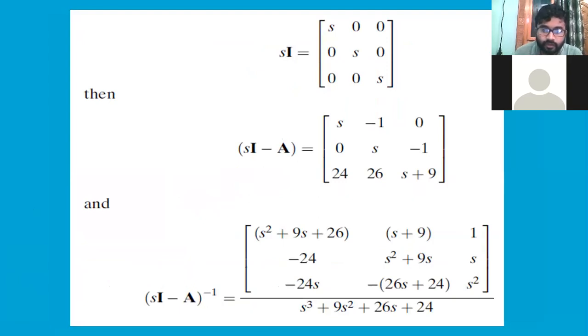Okay. So I told you already, from now onwards we will deal with this (sI minus A) whole inverse. In almost all problems, in case of state transition matrix also, we will get (sI minus A) whole inverse. So obtaining (sI minus A) whole inverse should be a practice. For any problem, first you need to obtain this. So you observe the solution for a minute, so that I will change the slide.